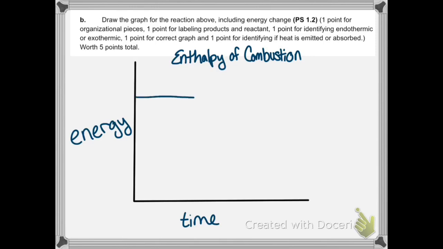So the first thing we're going to do is we're going to draw our reactants. So we're going to label CH3CH2OH, which is ethane, plus our 3 oxygens. If we're drawing our graph correctly, we know that our graph from the above question 1A, the delta H was negative, which means our reaction should be going down. Once we do that, we should label our products, and our products here are going to be our 2 CO2s